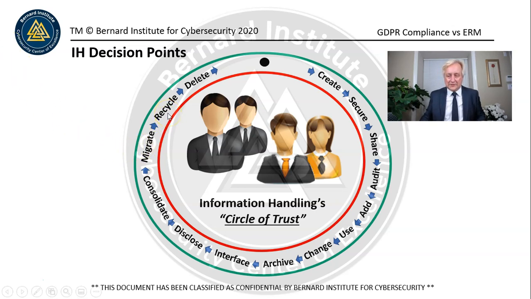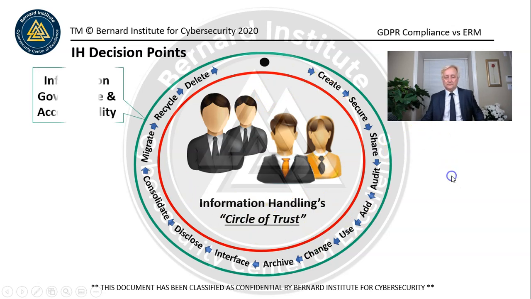Where do we migrate the data to? Does it get recycled? Can it be reused? Not anymore. Right now we have to ask for permission to use it over and over again. And if you're reusing it for another purpose, you need to have a different type of request. And then, of course, deleting it. When do you get rid of it? How can you get rid of it? Does there need to be any sort of records? So this is what I call the information handler circle of trust. Making decisions around this information is so important.